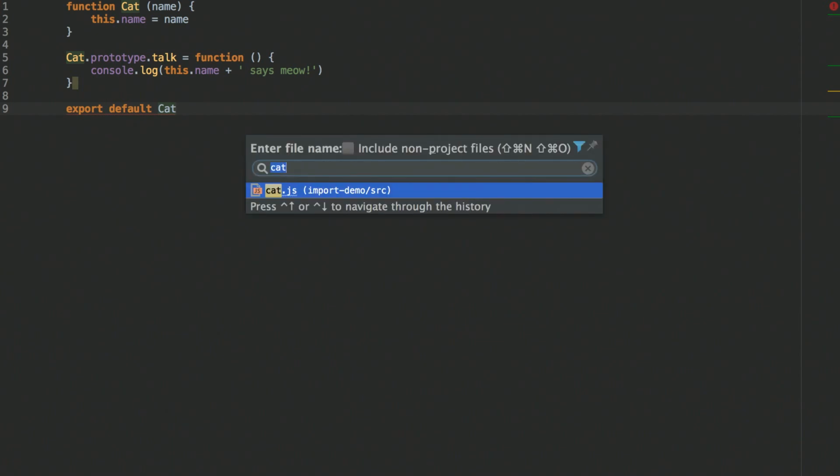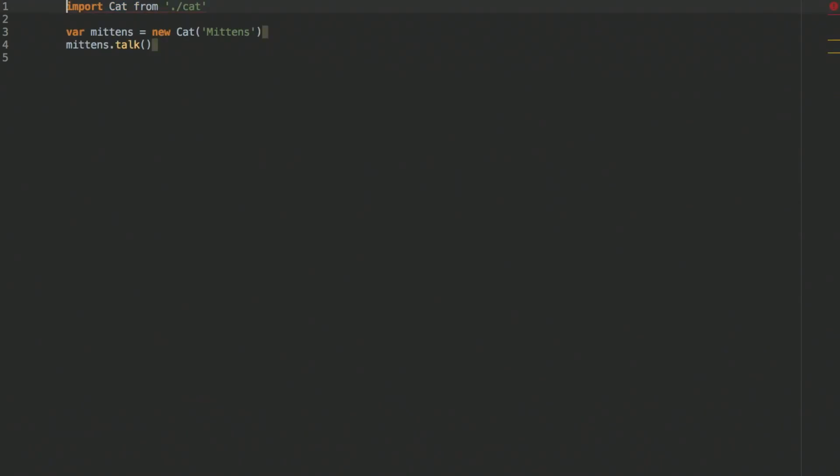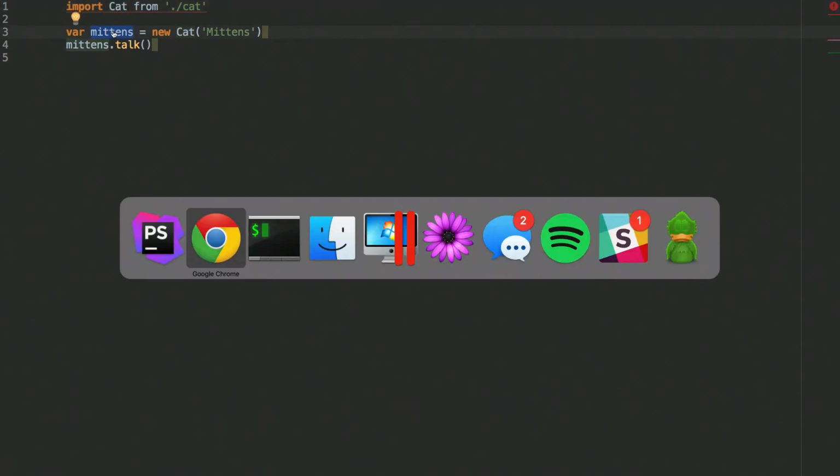So if we load up this guy, and then here's a demo file just so you guys know what's going to happen. I'm basically going to import that cat module that I defined, so import default cat, which just means that by default, whenever I import this module, that's what is exposed. Then in a module where I'm going to use it, I call that same cat function that I created. So import cat module, new mittens, and then when I run it,